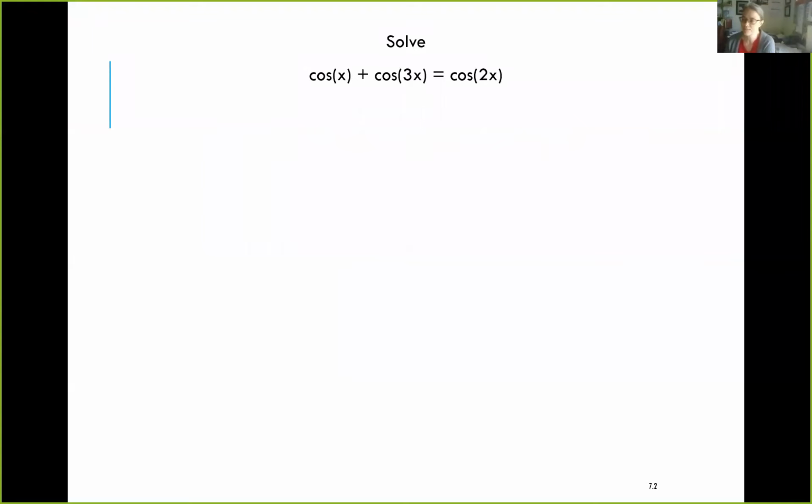One more and then we'll be done with this section. Let's solve this equation: the cosine of x plus the cosine of 3x equals the cosine of 2x. Nifty. So, first thing we need to do is get rid of this plus sign because we really can't do much with this. So let's use our identity and rewrite the left-hand side